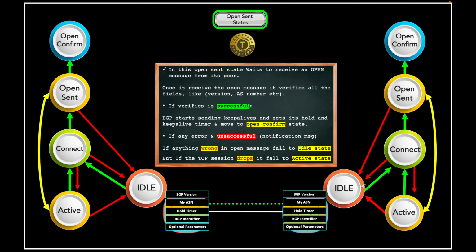But if TCP drops in between, if the TCP three-way handshake gets dropped or faces any problem during the three-way handshake, it will fall down to the active state to start the TCP three-way handshake again. Hope you understand, right? When the open message is received, it checks everything contained in the open message. If everything is successfully matched, it will change state from open sent to open confirm. If anything is wrong, it could fall to the idle state, or it could fall to the active state,